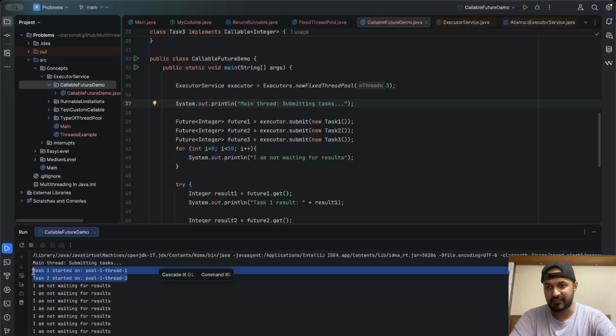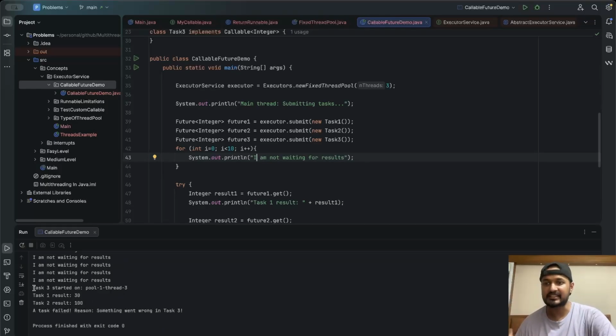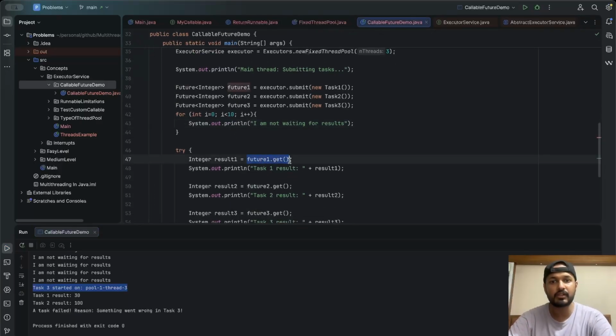So all the tasks have been submitted. Task 1 has started on pool 1 thread 1. Task 2 has also started, and in parallel the main thread had started printing "I am not waiting for results" 10 times, correct? And then task 3 was also started. It got printed later. And after that, when I wrote future1.get, here's the very interesting part.